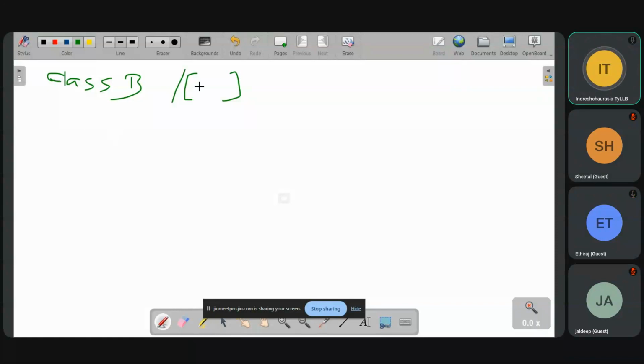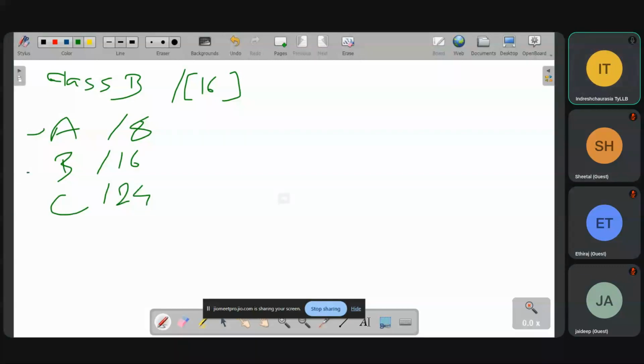From 128, no, 16. See, we have seen class A, class B, class C. Class A is slash 8, class B slash 16. There is no other way. You have to remember it at least 2 or 3 times, then you will remember these numbers. Class A, class B, class C: slash 8, slash 16, slash 24.